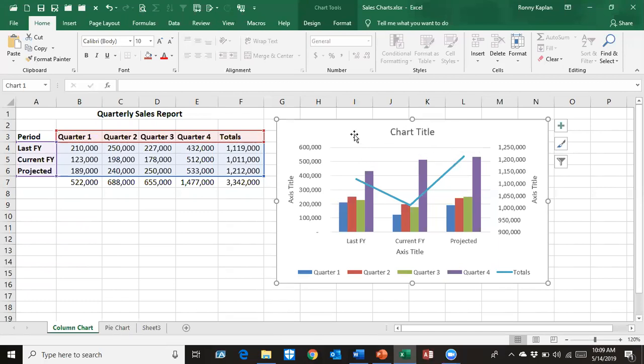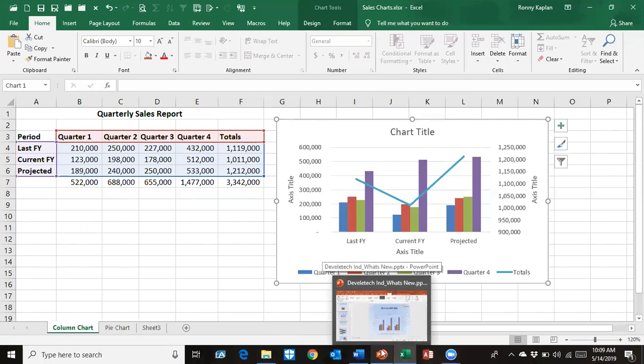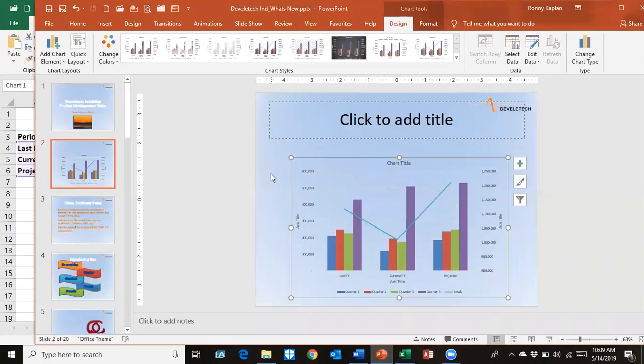So here we have the original. I think I wound up closing the PowerPoint. No. Okay. So I'm going to go back to the PowerPoint chart because I want to point out some things that are really only PowerPoint capability, and that is animation. So if I have a chart here, and when I show my PowerPoint slideshow I want it to have a little more pizzazz than just popping up on the screen, I can go to